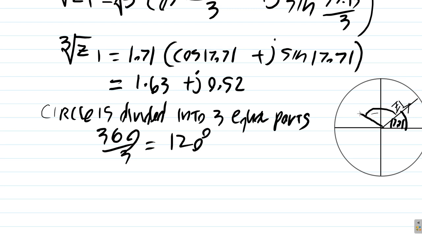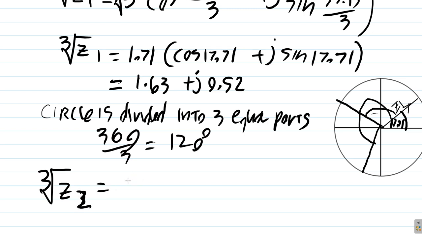So the next one should be somewhere here, and then another 120. This one should be somewhere here, right? But we'll see how it goes. All right, so the second cube root of z is going to be 1.71